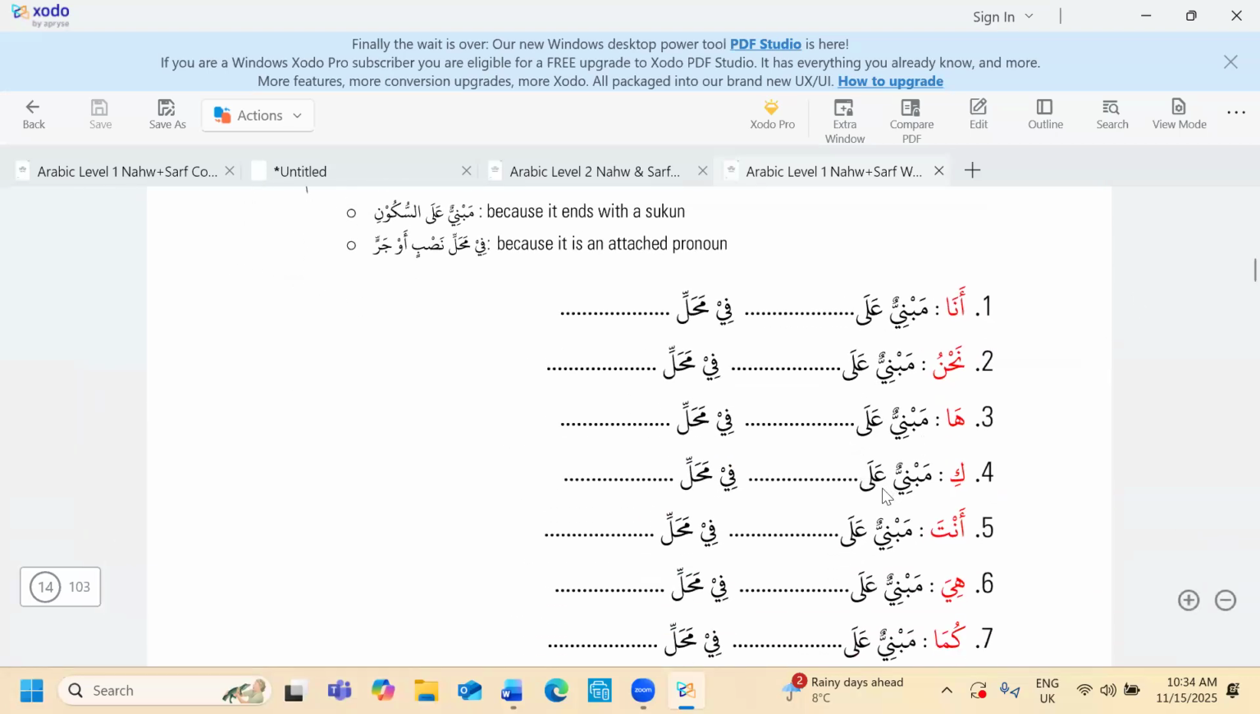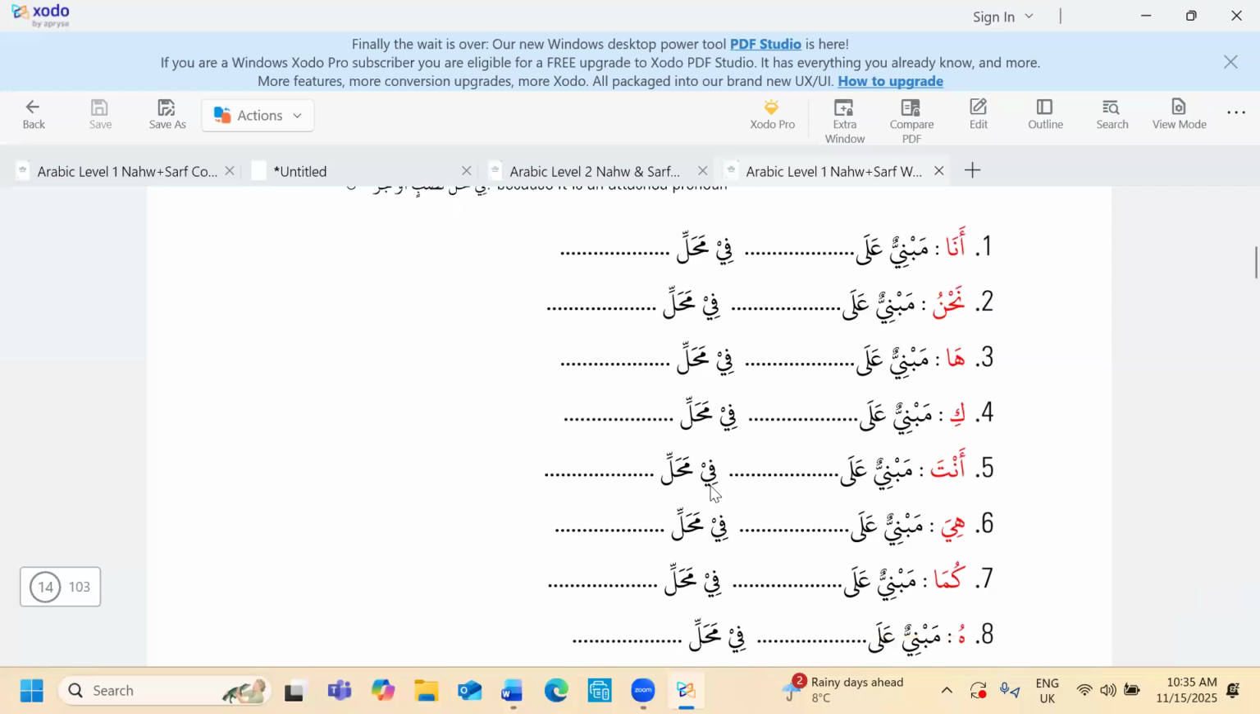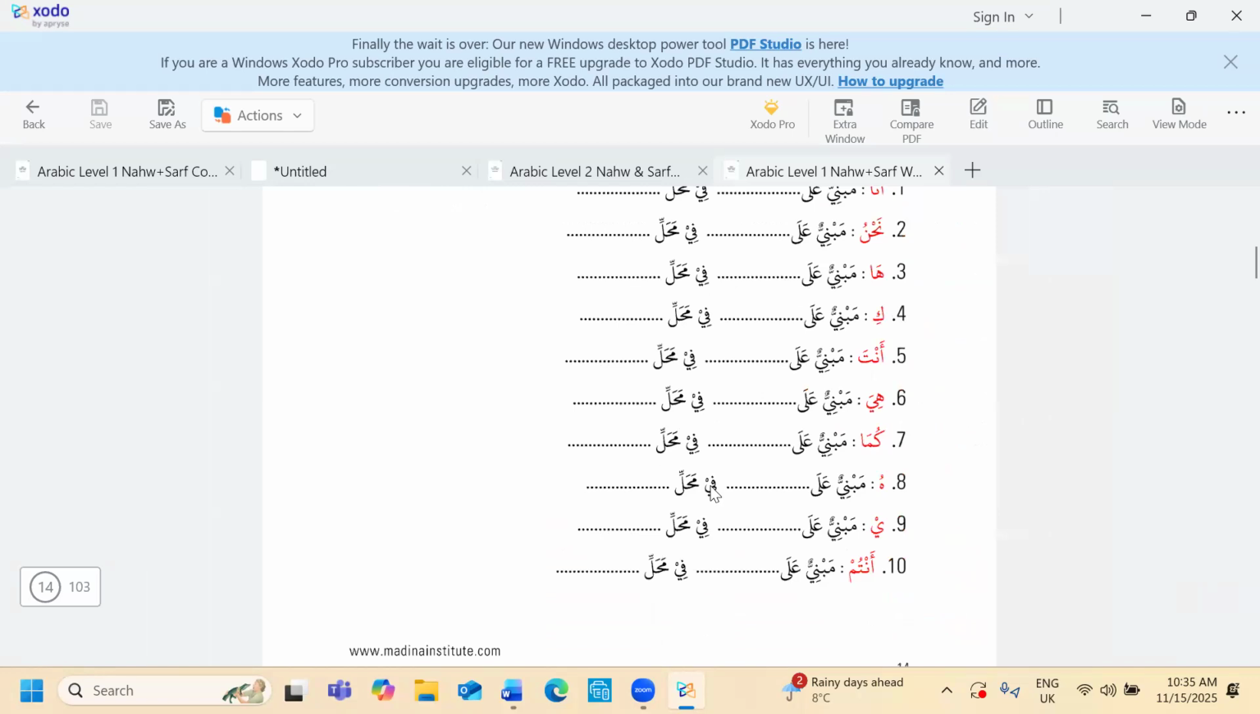But same again, for those who are going to attempt it, you say mabni ala. Anyone online? What would you say? Mabni ala? Kasra. And fi mahalli? Yeah, nasb or jar. Because it's an attached pronoun, you'd say fi mahalli nasb or jar. The meaning, using this term, it's okay, but it's just too advanced at the moment. The meaning is very similar. Rafa, nasb and jar is okay as well. Just use those terms for now. You don't need to use the term fi mahalli, but for the sake of the exercises,